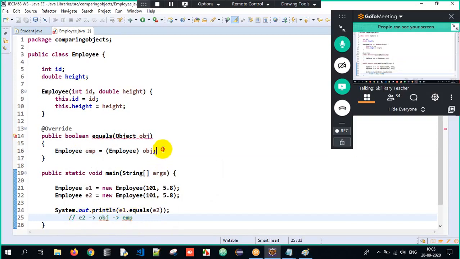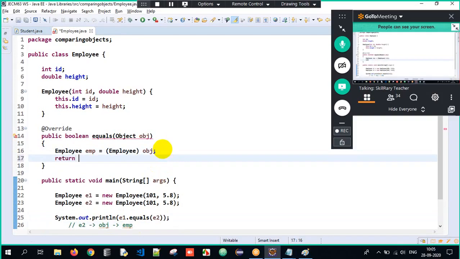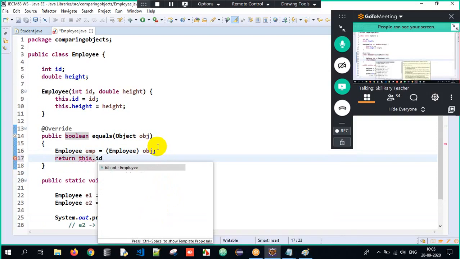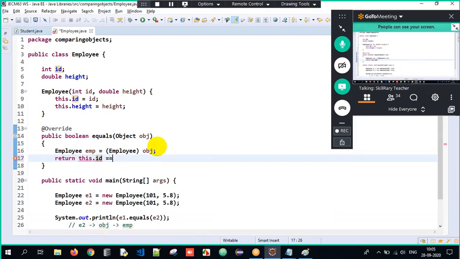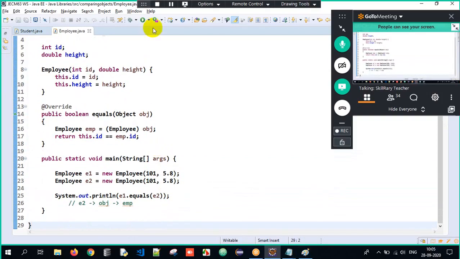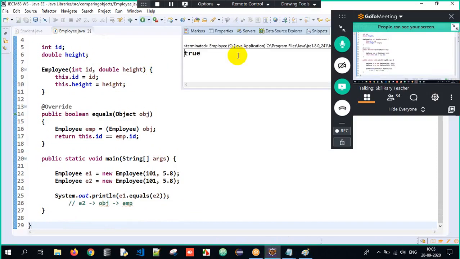Got it? So now here, how do you point to the current object? The this keyword. This dot, what do you want to compare? The ID here: this.id equal to emp.id. So I have written a logic in such a way wherein it is comparing only the IDs here. Now when I execute it, it will give me true.